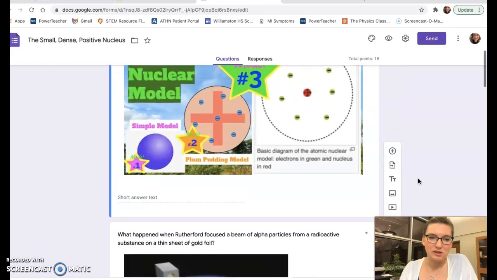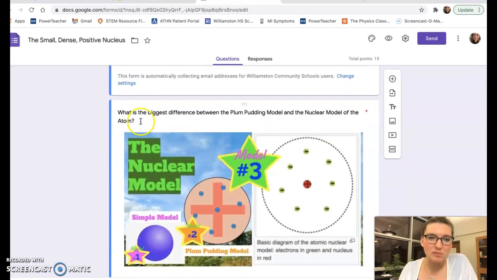So first question is, what is the biggest difference between the plum pudding model and the nuclear model of the atom? I would say something like that most of the atom in the atomic nuclear model is empty space. You can see that here this is all full of fluff, and this is like empty space with this tiny nucleus in there and these electrons which are tiny, they have almost no mass,